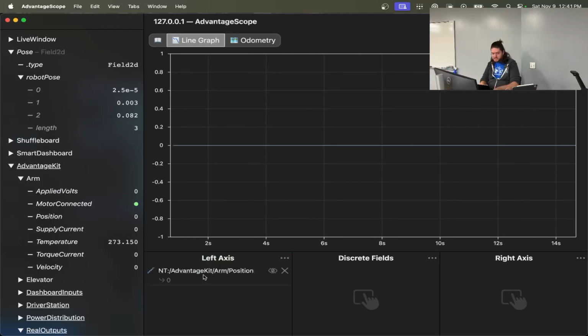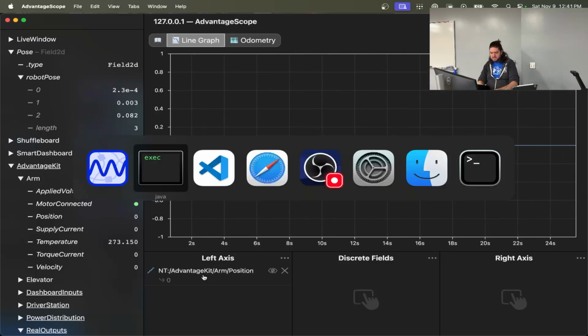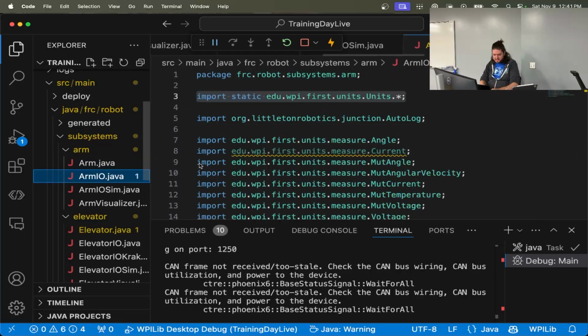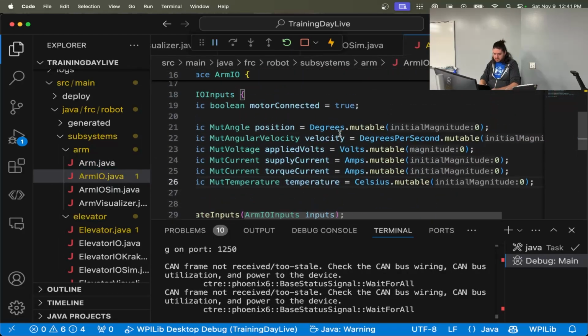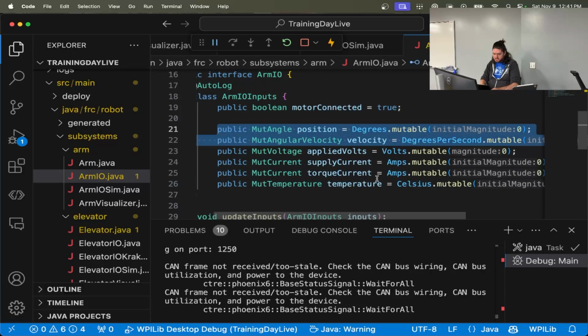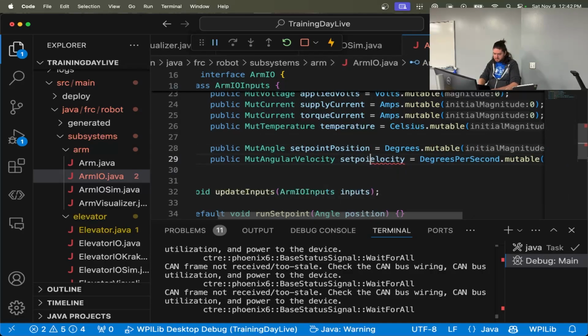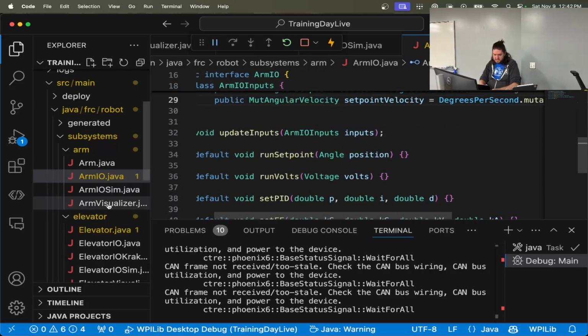Let's put the position, and actually, I'm going to add a couple things for tuning now. So profile PID controller, remember, makes kind of like an S-curve as it goes up because it doesn't instantaneously try to jump you there. So what I'm going to add real quick to help us with tuning is two more fields to this IO. I'm going to duplicate, but it's going to be set point position and set point velocity. Basically what the controller wants us to do so we can tune our PID to do that. And so that means I need to update it in the sim,